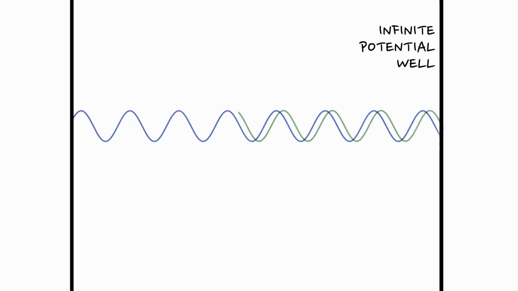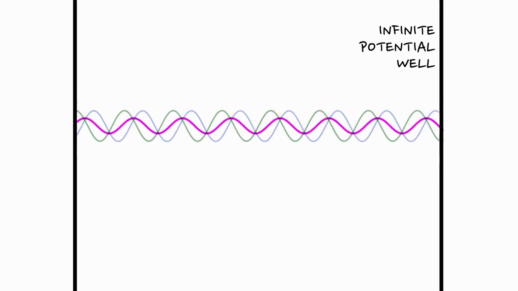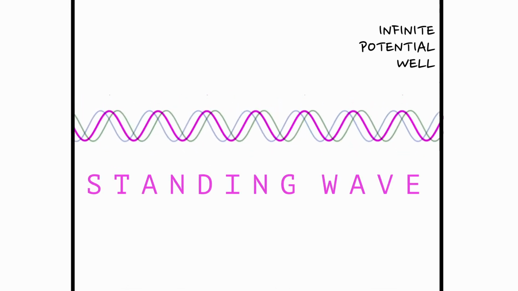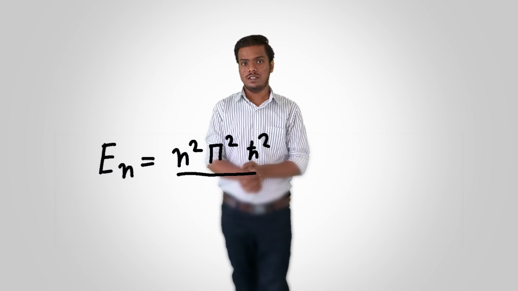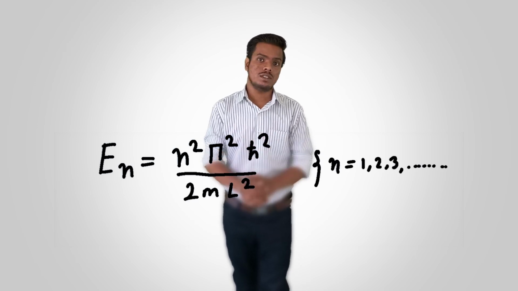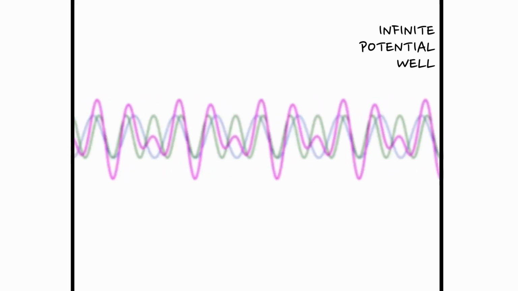If we take a quantum particle and trap it in an infinite potential well, quantum mechanically that particle is a wave which is bounded by infinite potential. Those waves reflect and interfere with each other, producing the standing wave just like any other wave does. But it is only possible for some fixed wavelengths, and because the wavelength of a wave is linked with the energy of the particle, only fixed quantized energies will have the capability to produce the standing wave. For the other energies, the waves will simply cancel each other out and we are left with nothing.